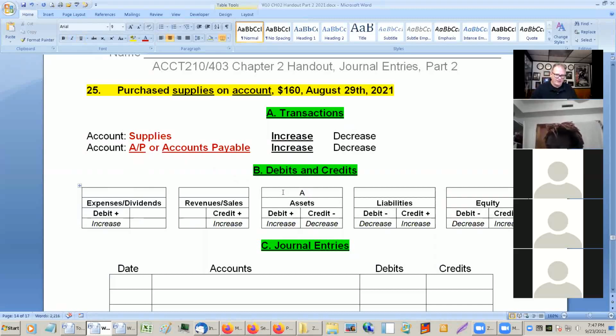What am I doing? Let's try that again. Accounts payable, liability. Okay, and accounts payable, so we-